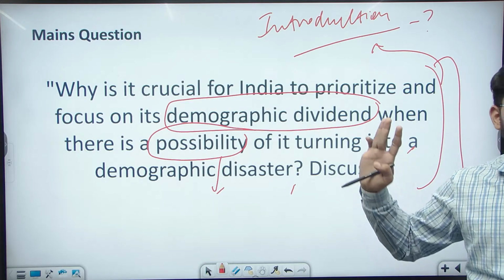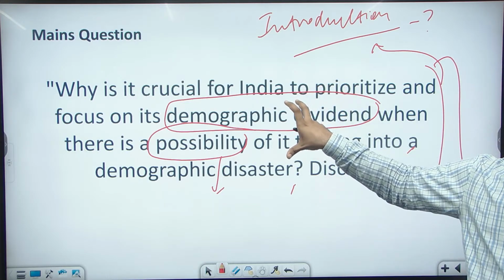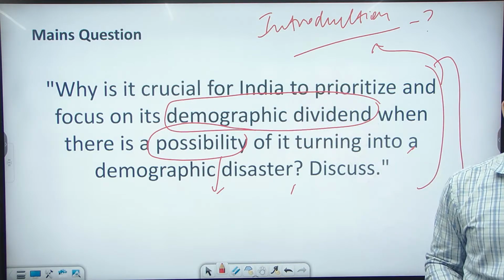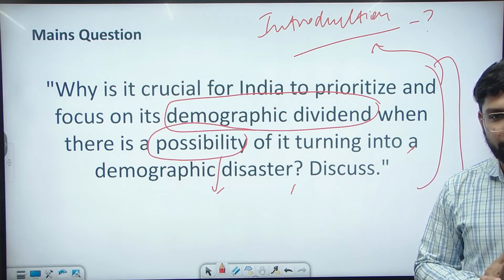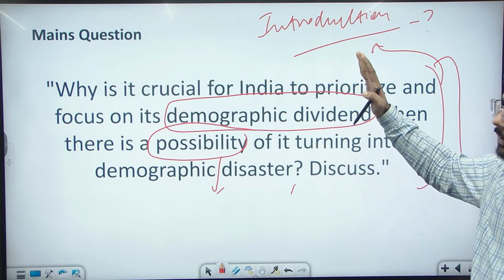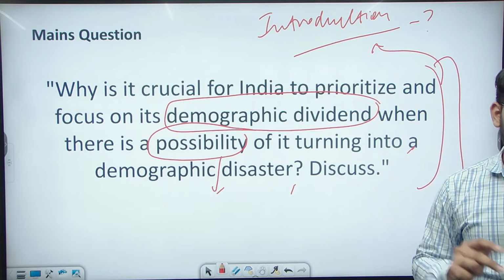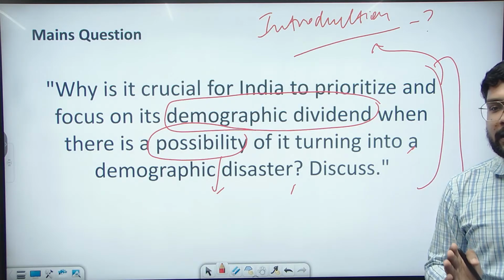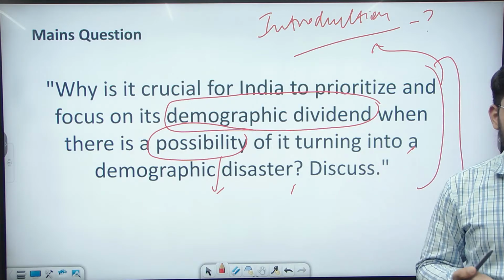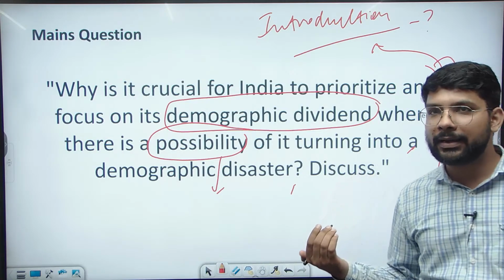If you are just writing the demographic dividend definition, that is not the core demand. They are saying there is a demographic dividend, but if it is not worked on properly, it can convert into a disaster. So you will write here that India has the highest demographic dividend population, but in the recent 5-6 years, from the government schemes there is not much outcome. If we see the unemployment level in the country, if we see the skill development level, we can quote the